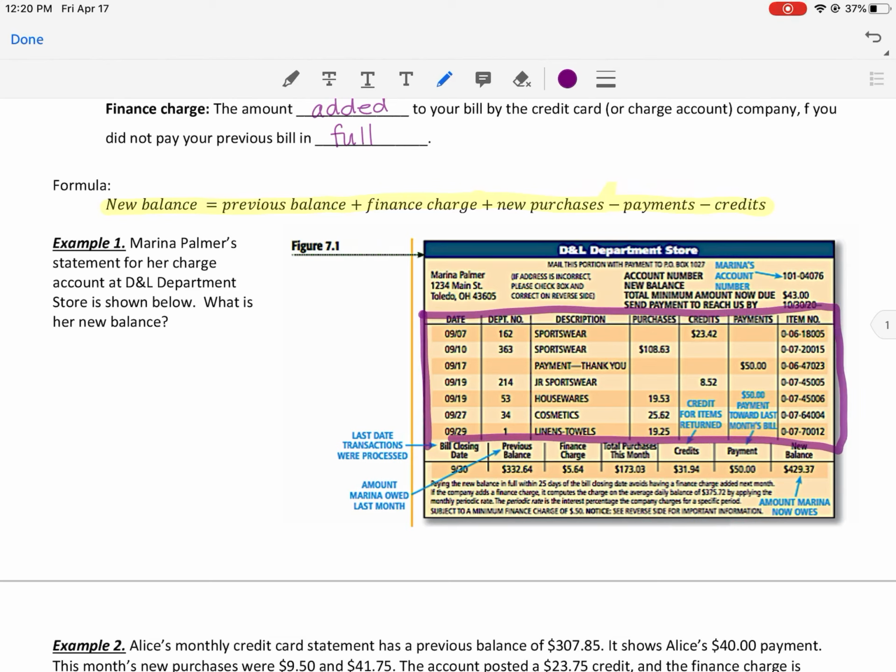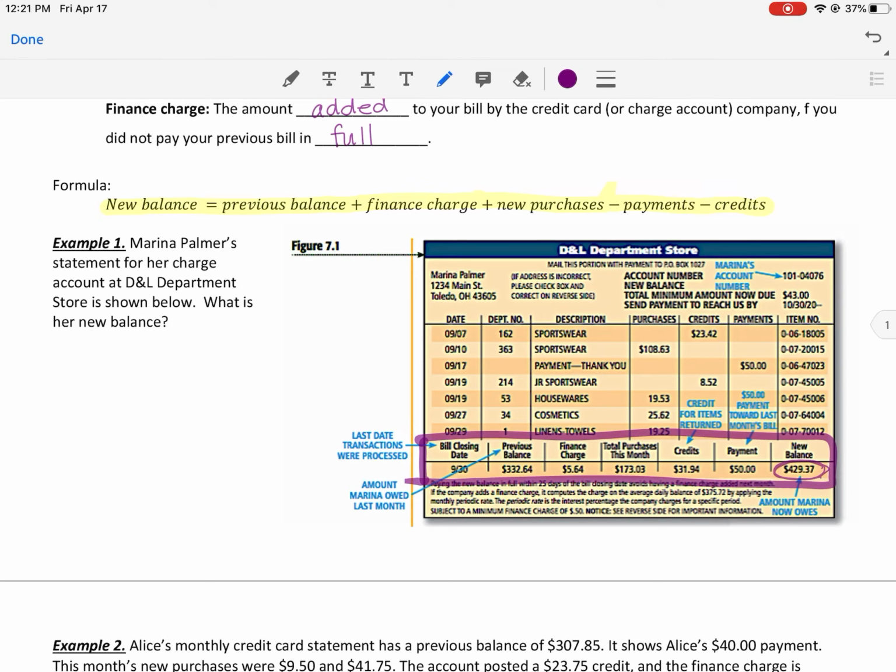Those are the different transactions she has, what she bought, how much she paid for it, was it a credit or payment, etc. But we're going to look down here at the bottom to compute things. We're going to go ahead and compute her new balance, and we're going to check that it adds to